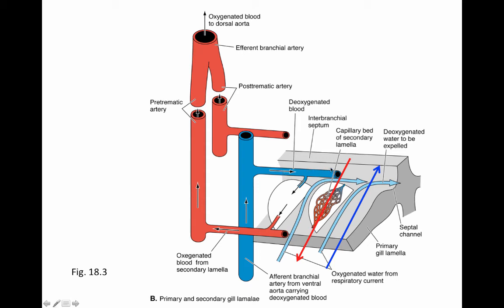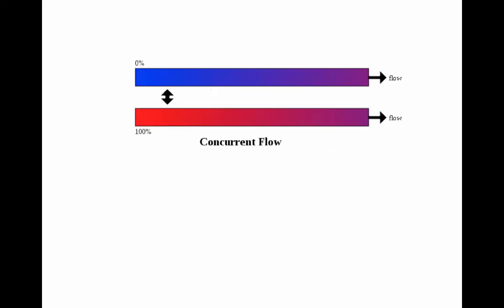So here's the deoxygenated blood coming, breaking down obviously into finer and finer blood vessels until we get to these very small capillaries, and it's flowing in the opposite direction from the oxygenated water coming through. So this sets up a system called countercurrent exchange. So when these fluids are flowing in opposite directions, the best way to really get your mind around countercurrent exchange is to first think about what happens if we didn't have this arrangement, if these fluids were flowing concurrently or